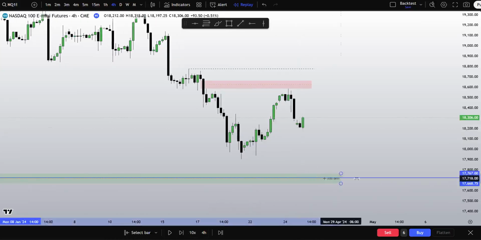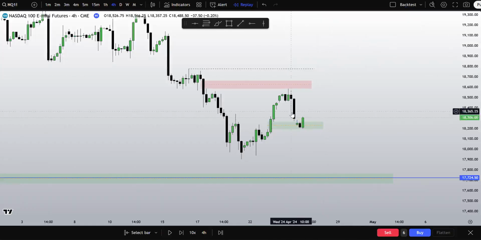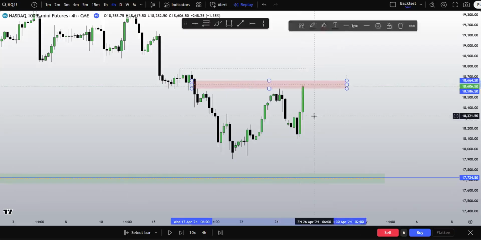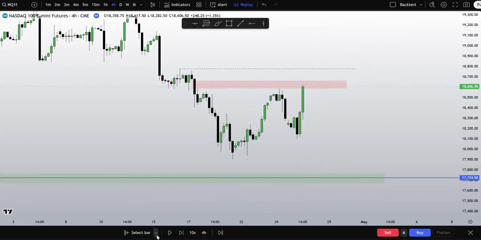Still, my eyes are there. I want to see how we react, again respecting this bullish imbalance. An imbalance here. Disrespected that, and right into that draw. The draw remained stagnant right here. The draw remained intact. Got that. And now I want to see if we disrespect this fair value gap. I want to see this go to 778.